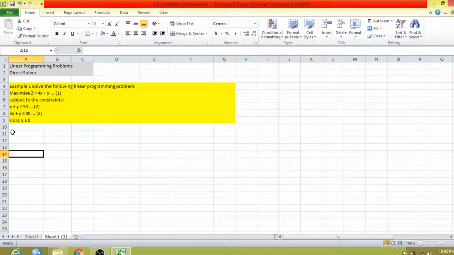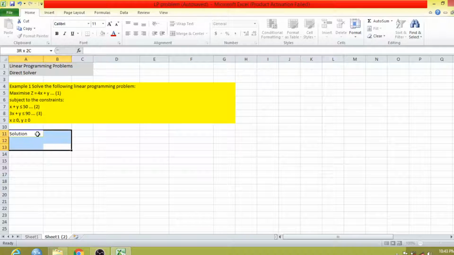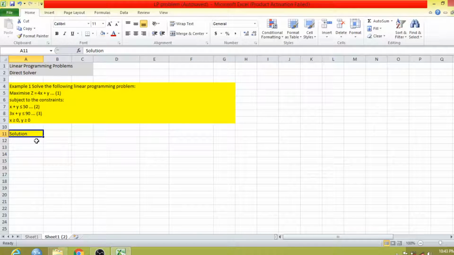Okay, so first I will make a matrix, or I will just transform this particular question into a simple form. So solution: here I am writing the z function.